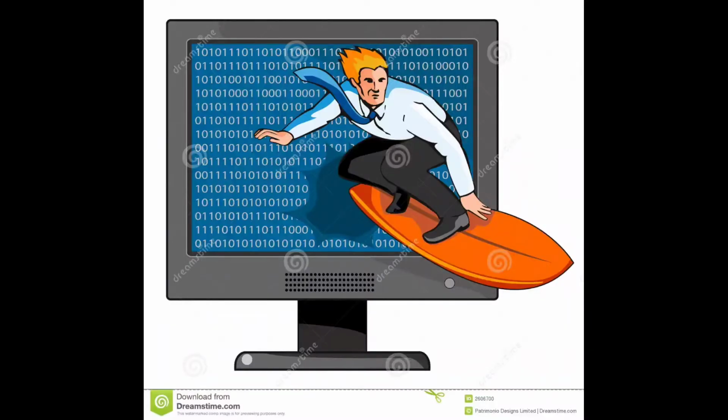As you can see in this image, a person is surfing. I have given this example image because it's a perfect image. You have also seen on television or live that someone surfs on the water near the beach. In this way you can also understand that someone surfs on the internet to find something. Finding something is net surfing, and the person who finds is called a net surfer.